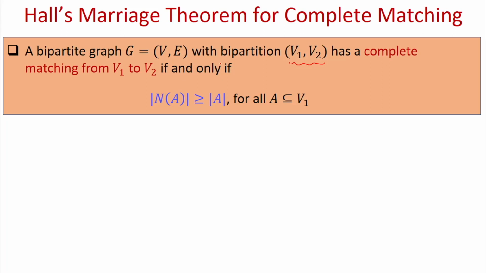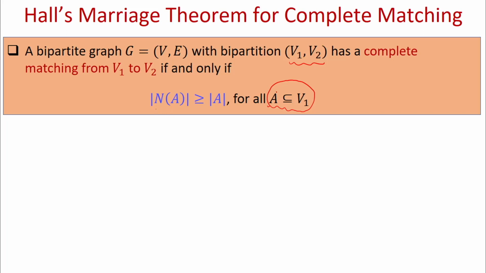You take any subset A of V1. That subset could be an empty subset, it could be a subset with just one vertex, or it could be the whole set V1. You take any subset A of V1,